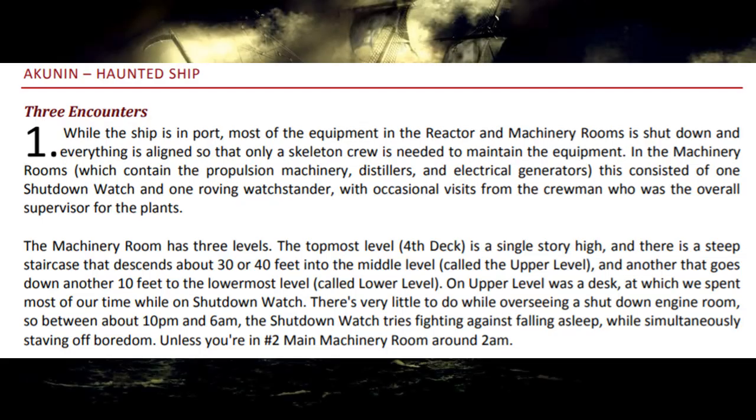Akunan, haunted ship. Three encounters. While the ship is in port, most of the equipment in the reactor and machinery rooms is shut down and